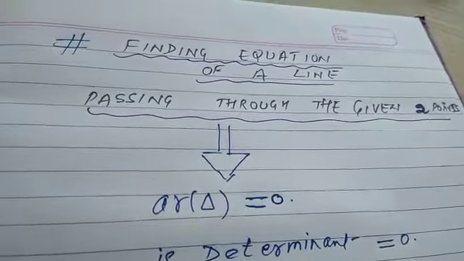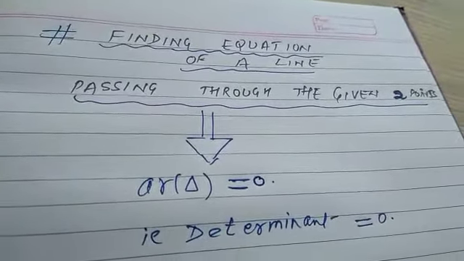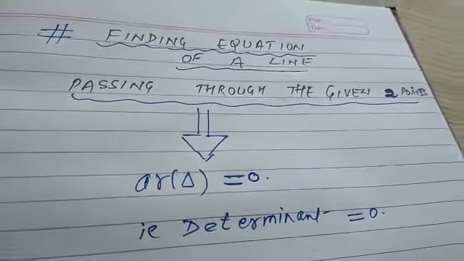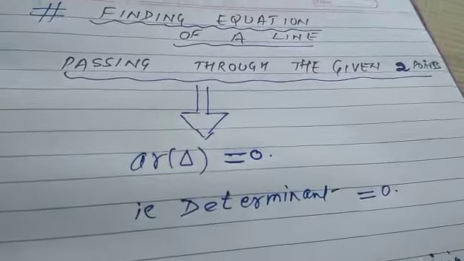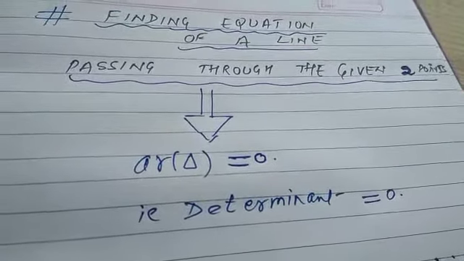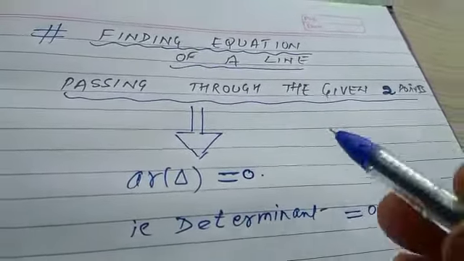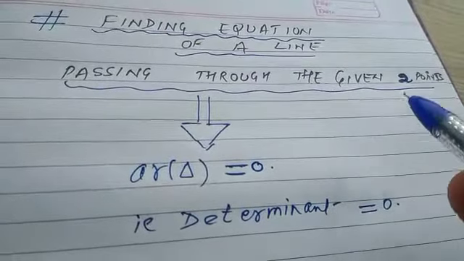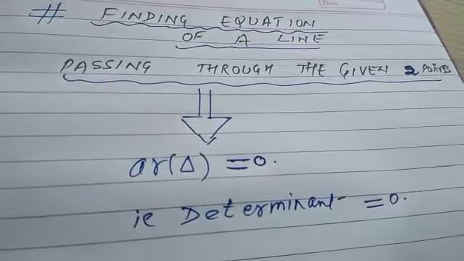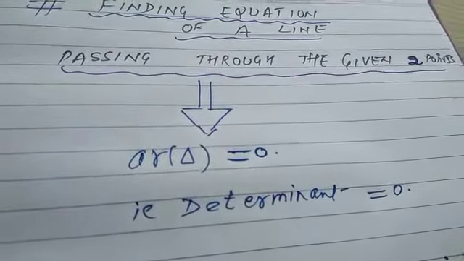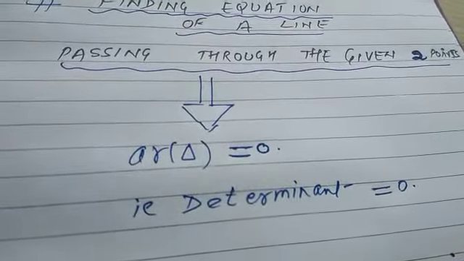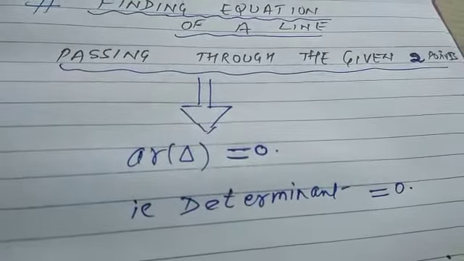So we always assume a third point with coordinates x comma y, and then we equate the slopes as we used to do in 11th standard. Whenever 2 points are given, first we find the slope, y2 minus y1 upon x2 minus x1, and then we take any one passing point and apply the formula y minus y1 is equal to m times x minus x1.